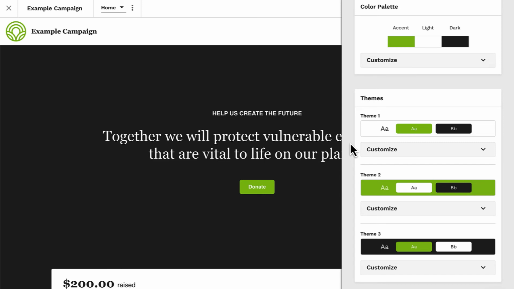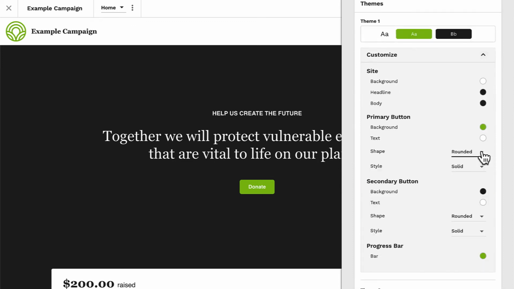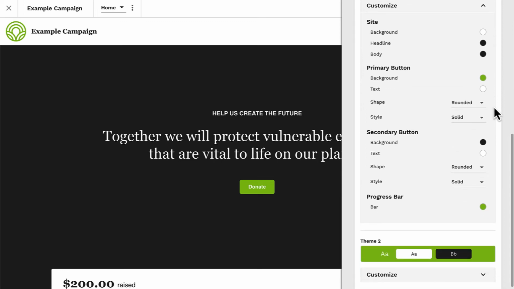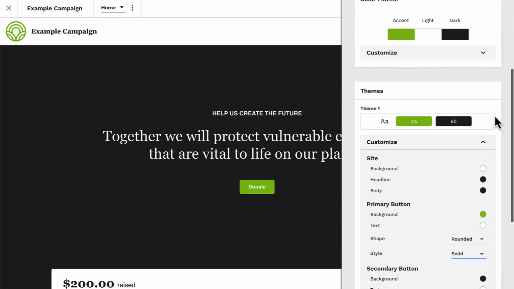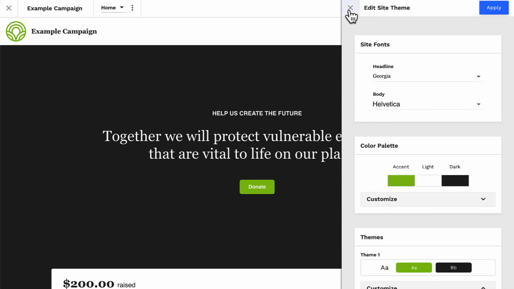Let's jump into our first theme. Inside the theme, we can configure color settings for specific page elements, including the section background and text colors. We can also configure specific colors for our primary and secondary buttons. It's good to know that this is where you can also configure a button's shape and style as well. For example, we might want to round the corners of our buttons. But wait, what is a primary and secondary button? Great question. Let's jump back into the editor to see buttons in action.